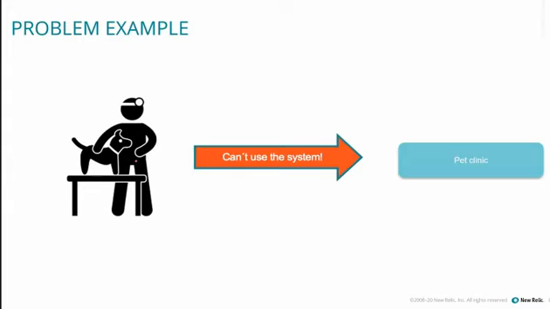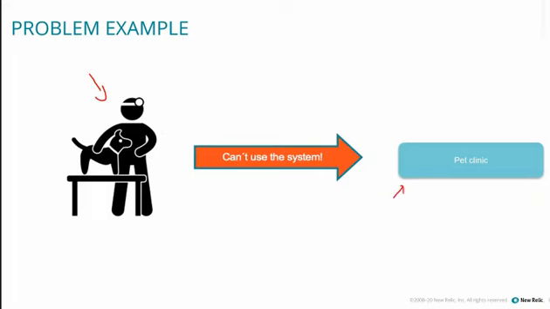So let's think about an example. How can we use the data that we have collected so far? So we have our Pet Clinic application, right? We have our veterinarians, and the veterinarian will tell us, I will call the help desk, for example, say, look, I cannot use the system. Can't use Pet Clinic. Usually this is what our users tell, right? I can't use it. It's too slow, or it's not working,